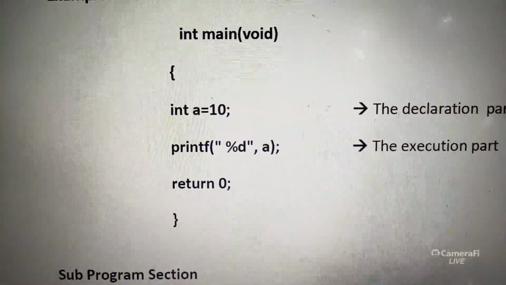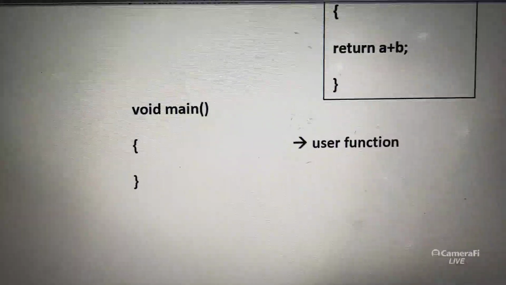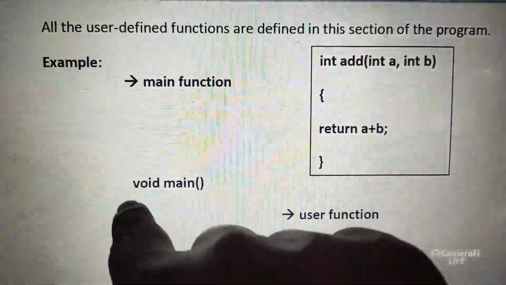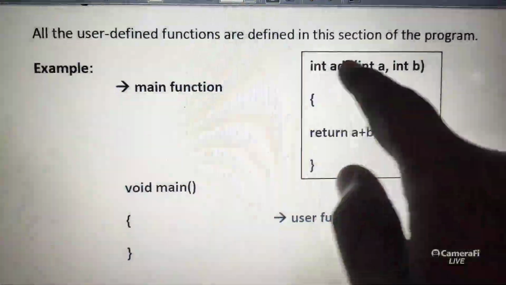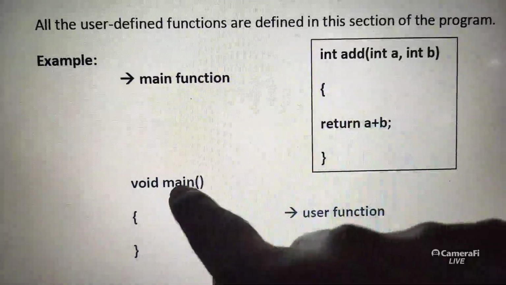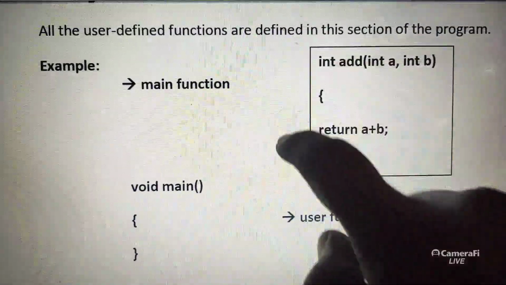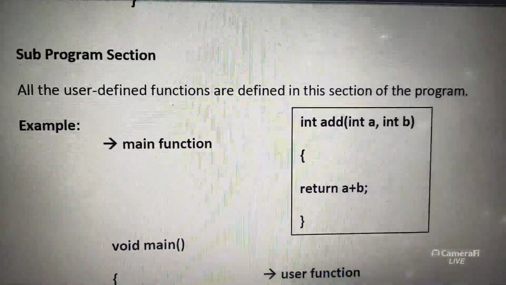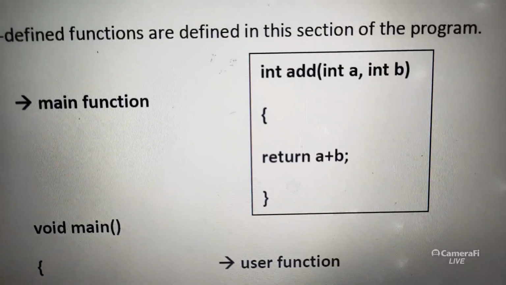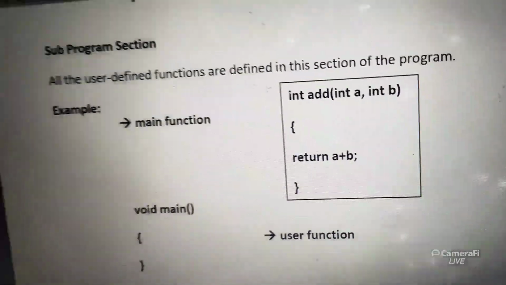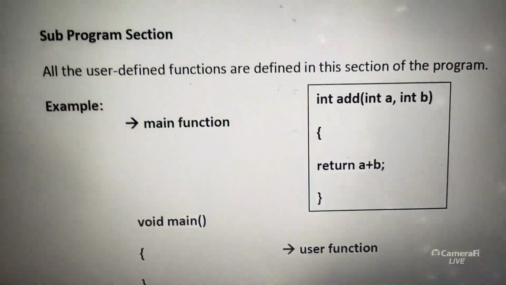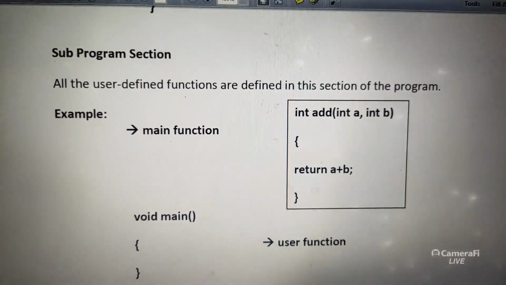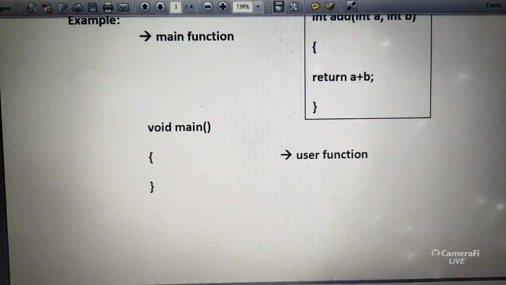So like main, we could write subsections. Okay, for example, like main open close and some name, some return type. Int main, void main, both we could use. So I am using one more function, add. So like the main block, we could write other blocks. Okay, these are called user functions. The subprogram section will consist of user defined functions, add, subtraction. Okay, so don't worry, we'll discuss the functions topic and global variables separately.